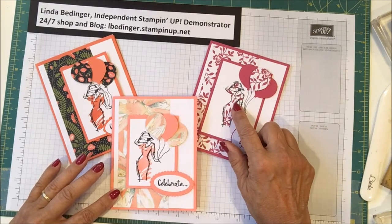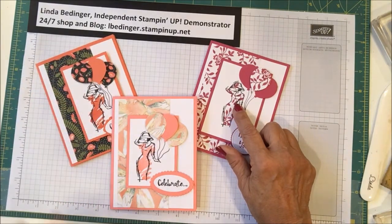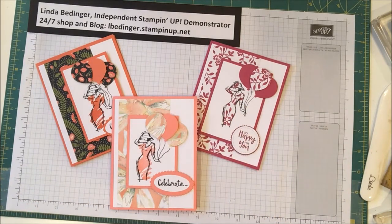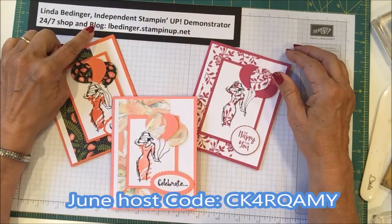This is the Berry Burst color. This one, these papers are retired. I'm sad to see them go because I love that combination of colors. But everything that you see here can be ordered from my website,